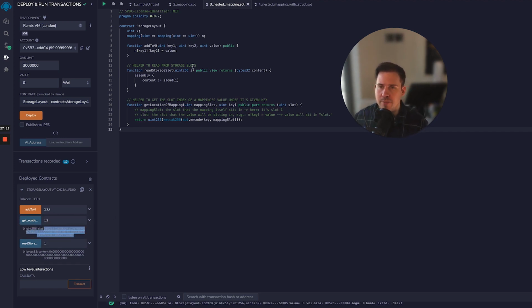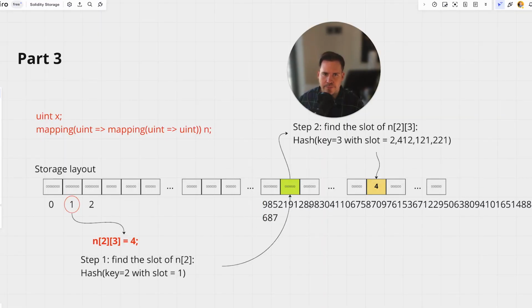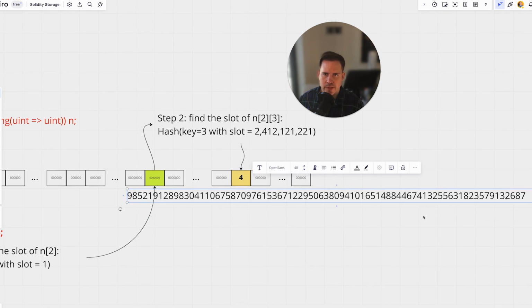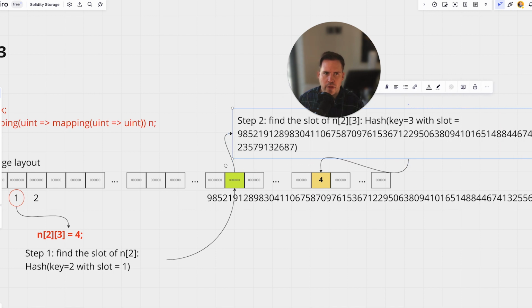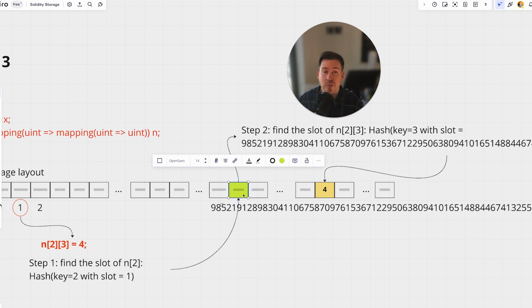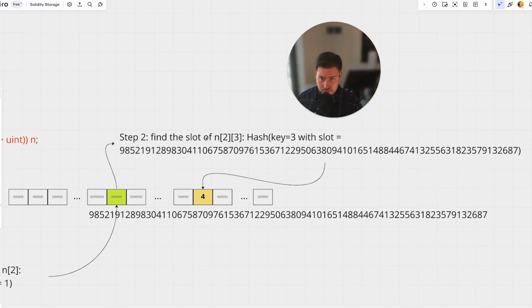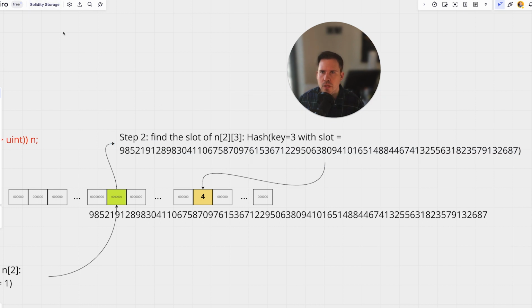So it tells us the bin or the bucket is this. So this number here is in fact this number rather. Okay? Very large number, as we already touched on. This also means that we're gonna put this as the slot. So now we're sitting in this green bucket. We found the location of the green bucket, which is the first or the outermost mapping, if you will. Now we're gonna go find the innermost mapping, which actually happens to hold the value. To do that, as indicated here, you need the key of that mapping in there, which is 3, and the slot is this. So let's copy this,